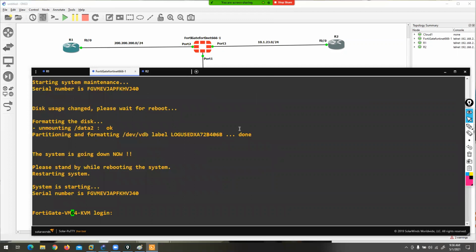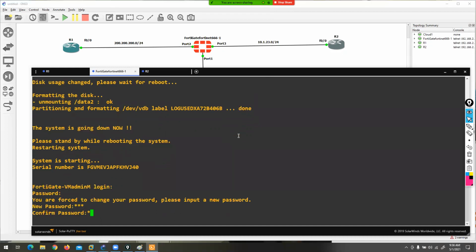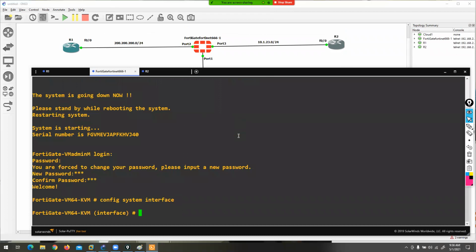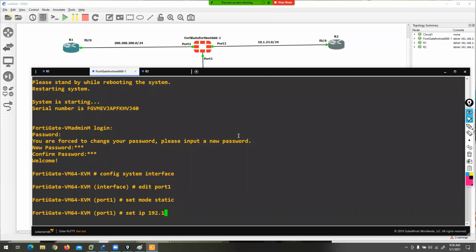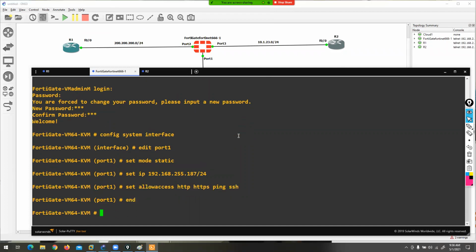Now let's configure our firewall. Username admin, password is nothing. I'm configuring interface port number 1, set mode static, set IP address, and set allow access for these services. We are trying to allow on this particular port.